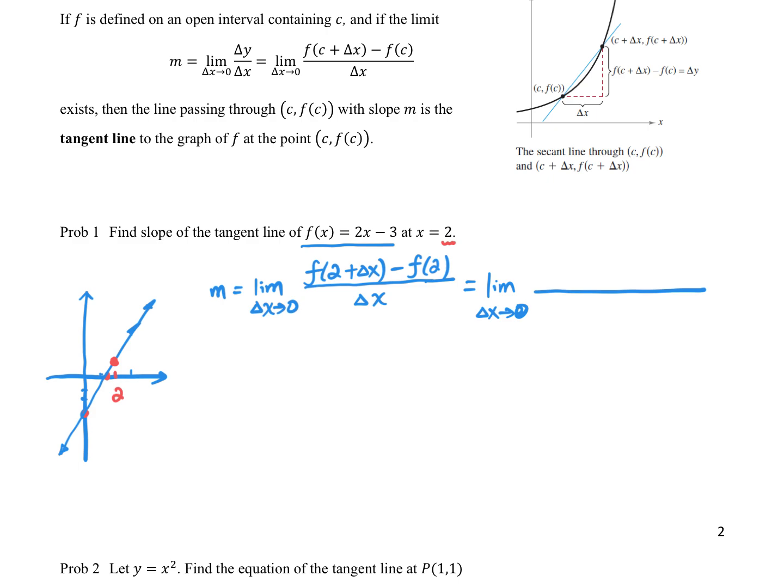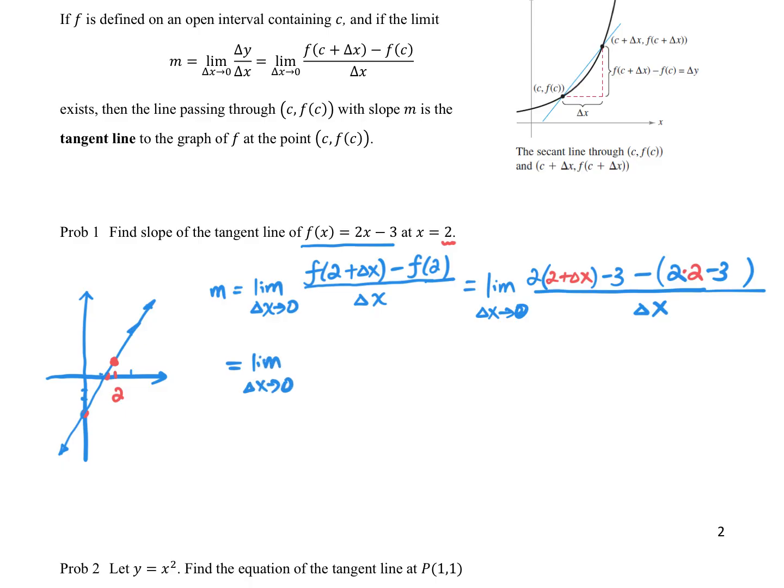So f of 2 plus delta x will be 2 times... So we're going to plug in 2 plus delta x into the function, minus 3, minus f of 2. So what is f of 2? It is 2 times 2 minus 3. The bottom we have delta x, and this is equal to